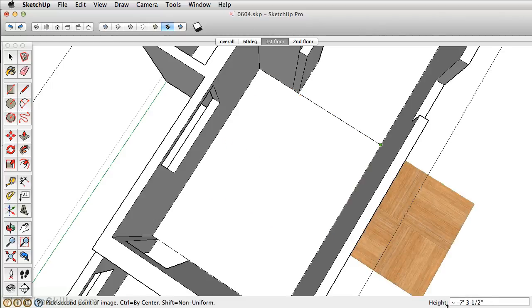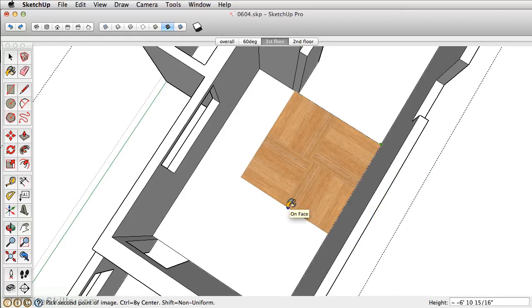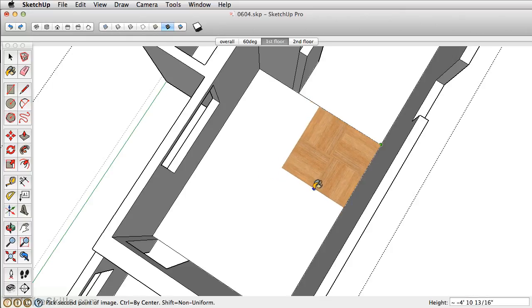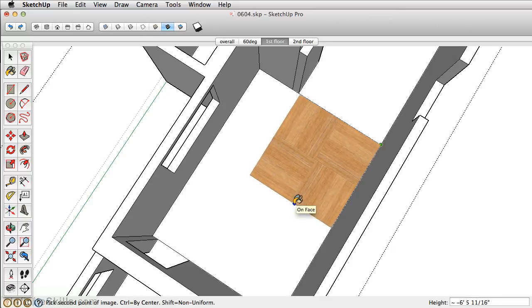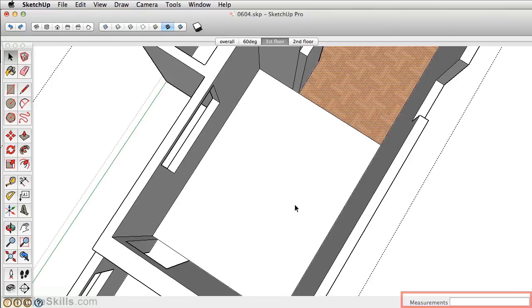And you can see that in the bottom here in the value control box. Now for this square texture, it doesn't matter if I define the width or the height, but if you had a rectangular texture, it of course would matter which length you're referring to. I want the scale of this to be 2 feet. So type in 24, enter, and notice that the texture, although you started on this point and drew this way,